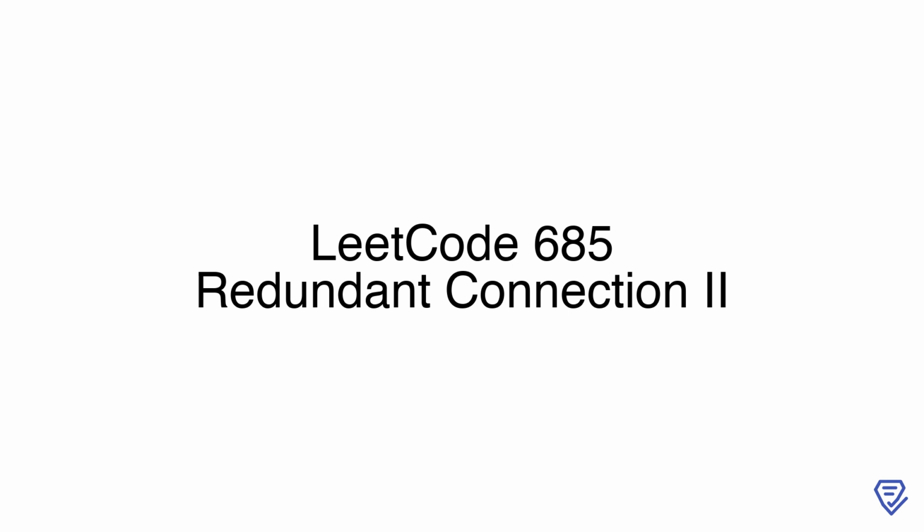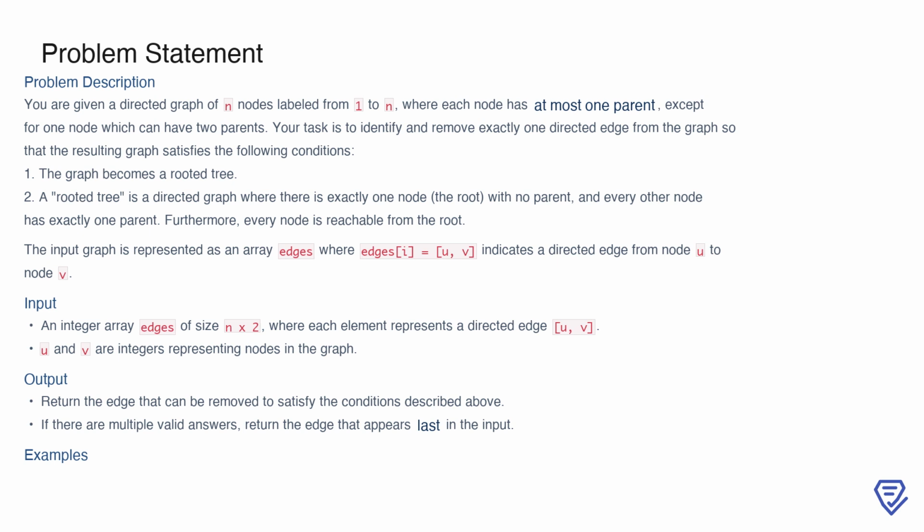Let's get started. In this problem, we are working with a directed graph of n nodes, where each node is labeled from 1 to n. The graph has a specific structure. Every node can have at most one parent, except for one node that may have two parents. Your objective is to identify and remove exactly one edge in such a way that the graph becomes a valid